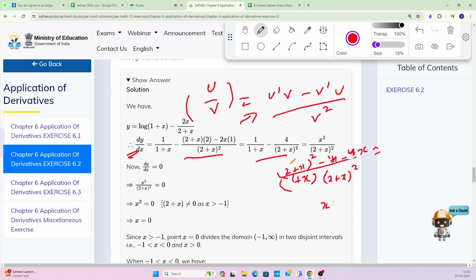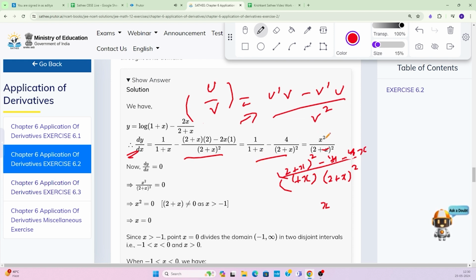You are only left with, in the numerator, what? So as you can see, this will be 4 plus x square plus 4x. The 4x will be cancelled, 4 will be cancelled. You are only left with, in the numerator, just this x square. Now in the denominator, it must be what? 2 plus x whole square multiplied with this also. You must all be having this thing also.